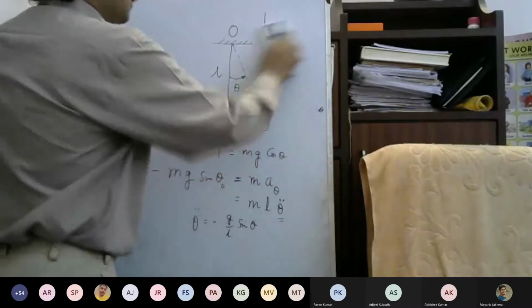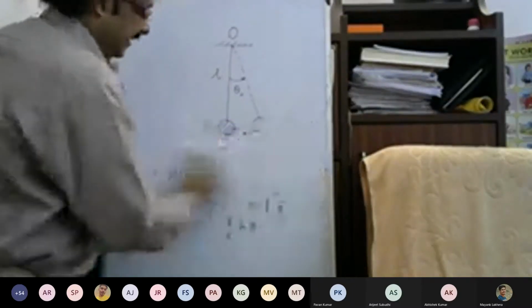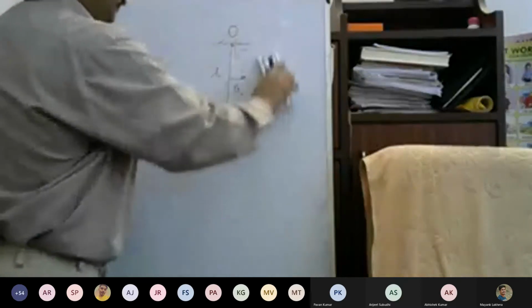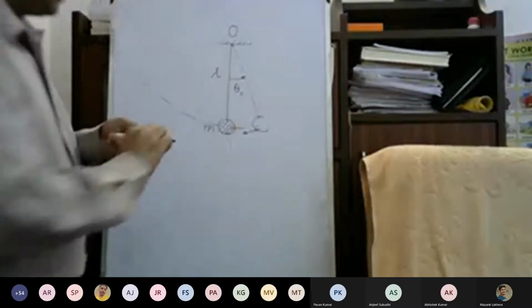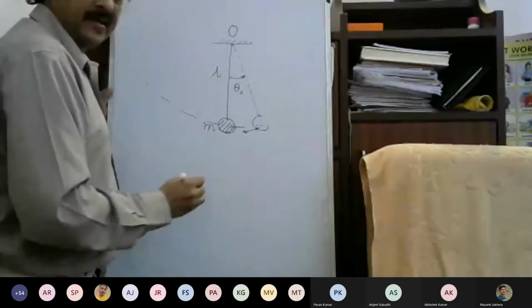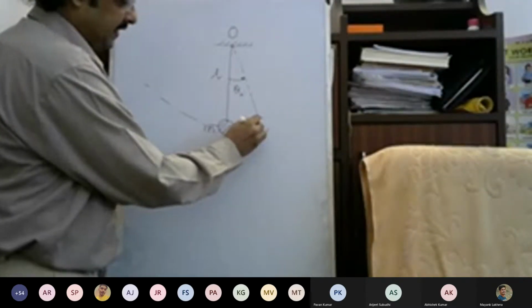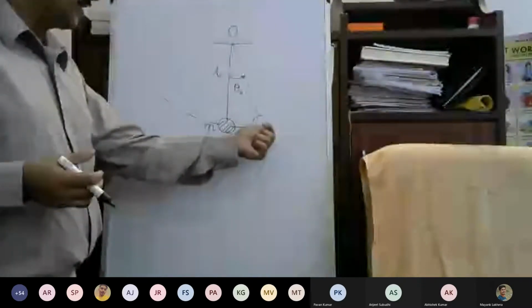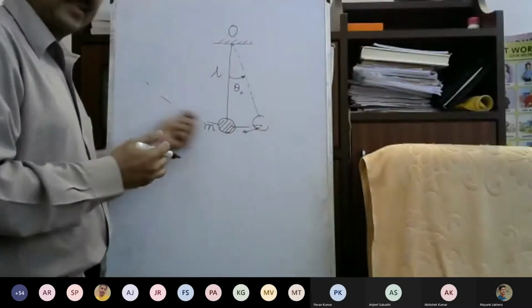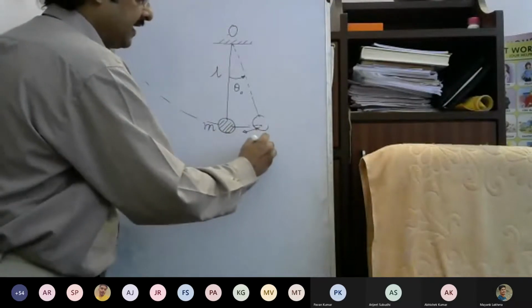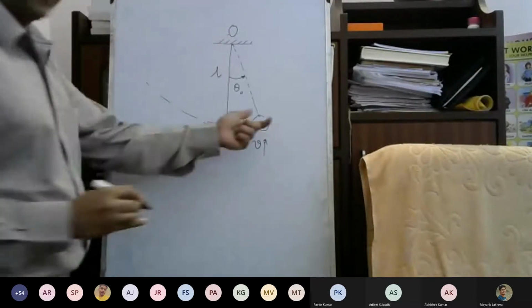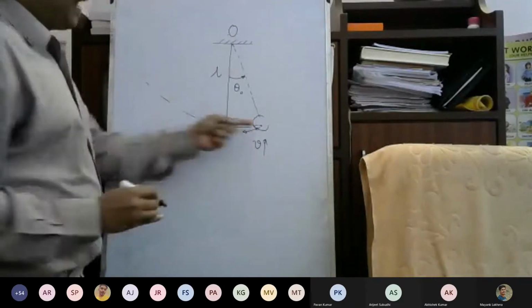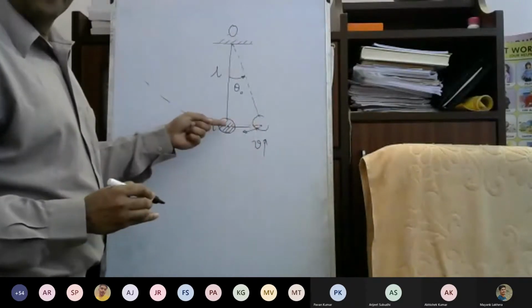Now, what we see here is that at this point it has an acceleration. So its velocity will increase from 0. I lift it from rest, so the velocity was 0. Now because it has acceleration in this direction, the velocity increases in this particular direction, and it becomes maximum here. Why maximum there? Because